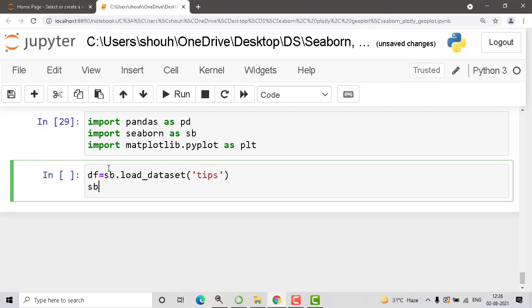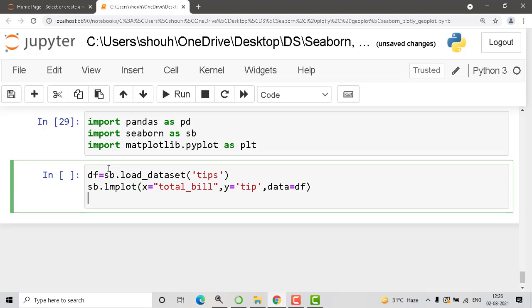So sns.lmplot, and then the values: x equals total_bill, and y equals tip, and then the data, what data exactly we need to go ahead with. So data equals df. So the lmplot is done. We have added just a plot as well, the same way, sns